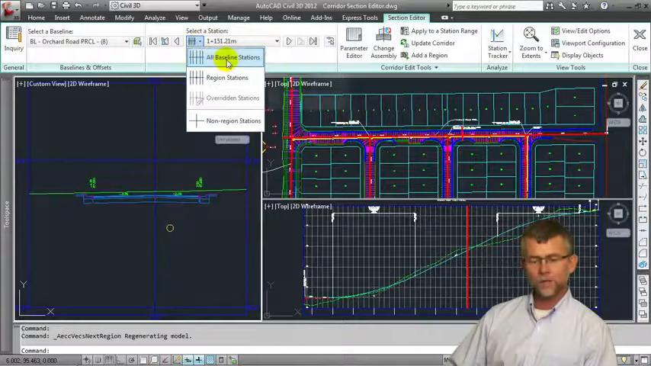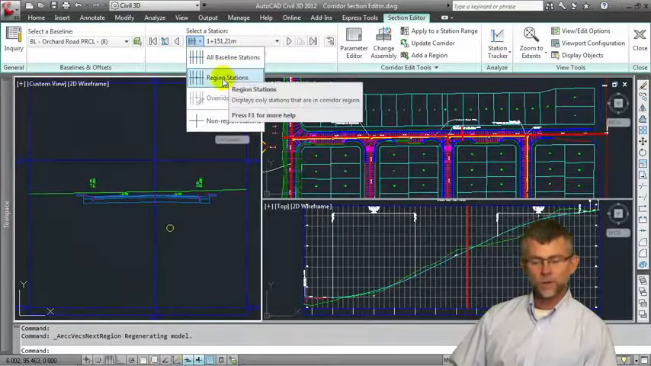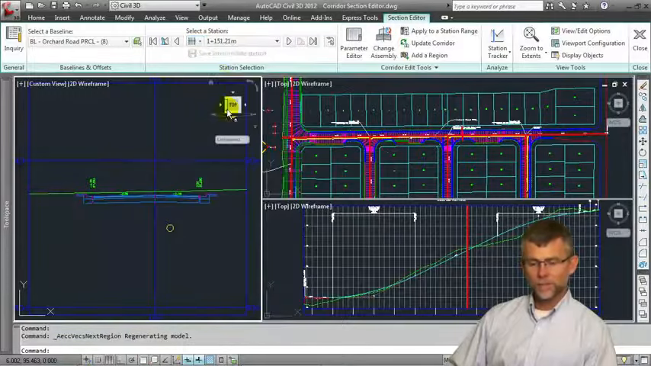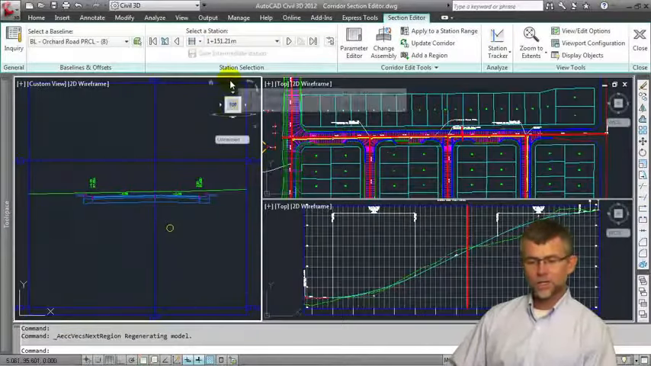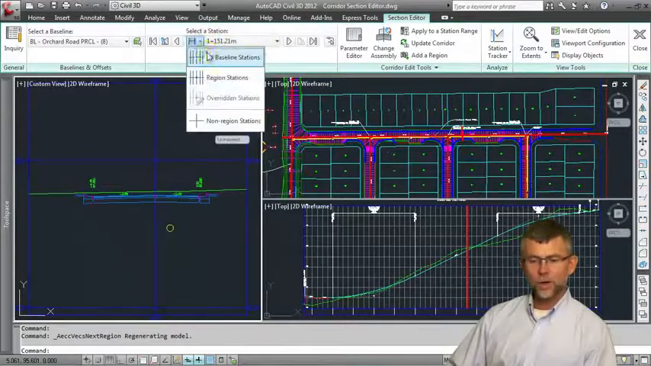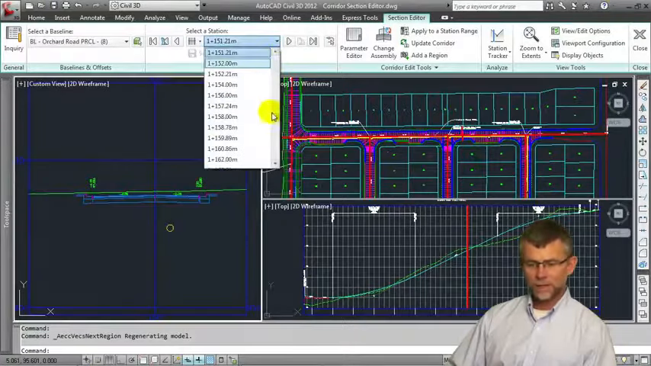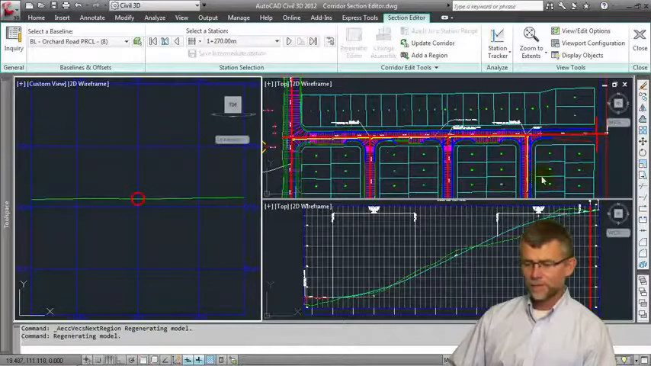On the drop down, you can look at all your baseline stations. You can look at your region stations. Okay, so these are now just the stations that have regions applied. If I were to go to all baseline stations, it's going to show me all the stations for the entire alignment. So if I go all the way to the very end here to, let's say, 1270, you're going to see that even though the alignment